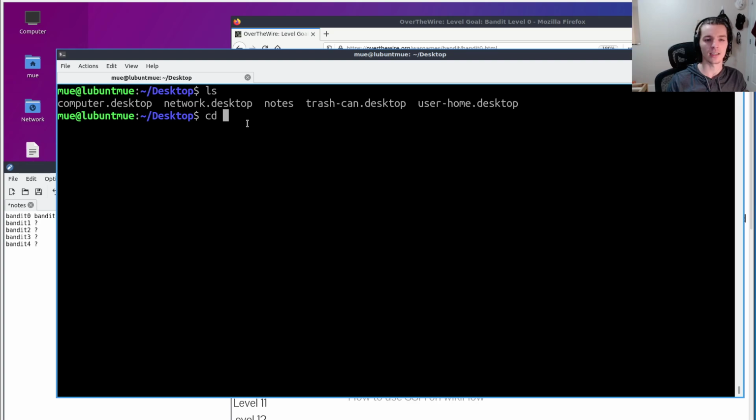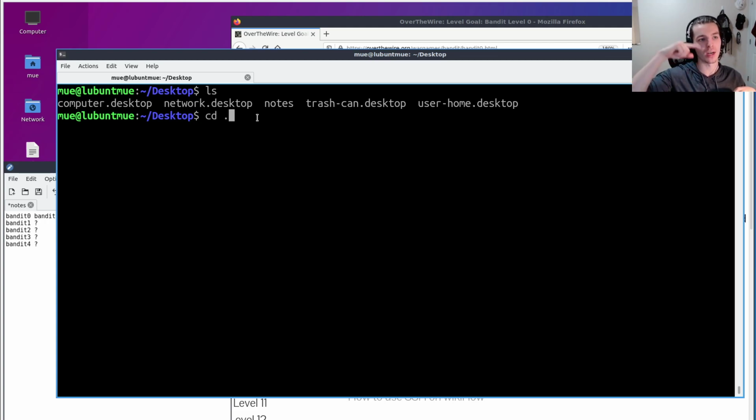So with cd, there's also some shortcuts. If we wanted to just get to our home, the tilde is a symbol that means the current user's home directory. Similarly, if we wanted to go to the root directory, you can just type in that slash. If you want to represent the current directory, it's a dot. And if you want to represent the directory that's one higher than the one you're in, because you can think of a file system as a tree,